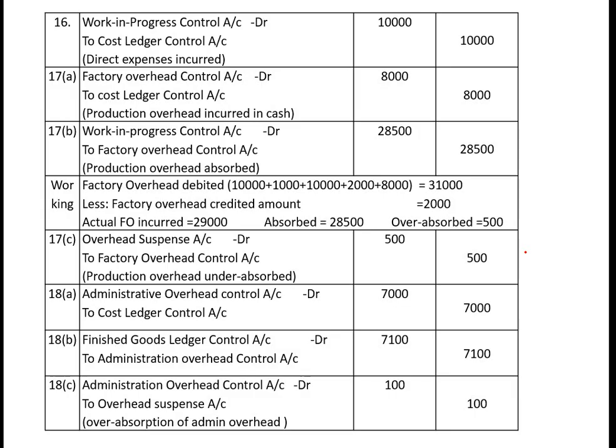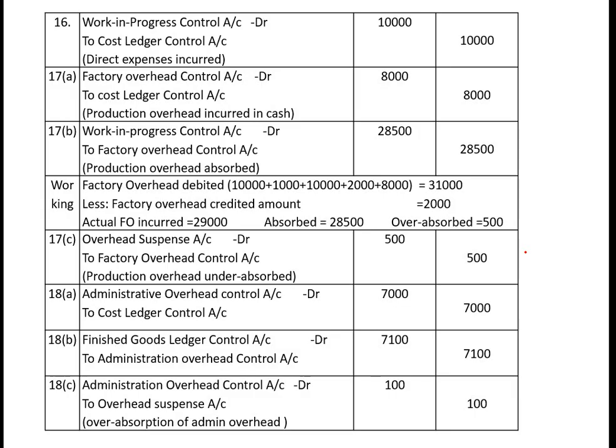So we have seen in this question indirect material, indirect labor as well as indirect expenses of the factory production, or you can say factory overheads, or you can say work overheads. So then next entry is of this 17B. How we will charge this one? Work in progress control. This is of your absorption. So total absorption of factory overheads are